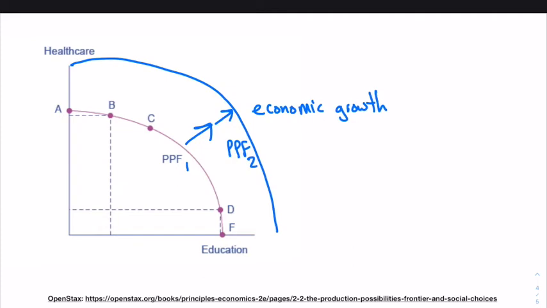Because, for example, if before we could only make 50 healthcare and 0 education, now we can make 50 healthcare and even more education. We make 60 education while making 50 healthcare. Or we can move up here, make say 40 education, and now we can make 60 healthcare. As long as we're along this line,